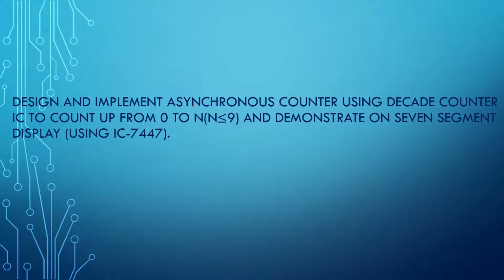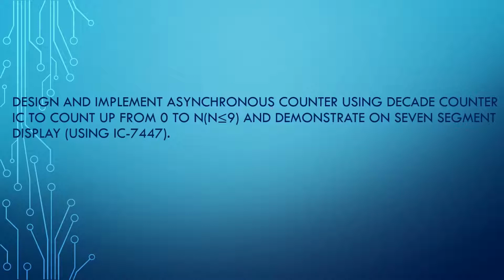When I speak about a counter, you need to understand that almost all counters are made up using flip-flops only. Very basically, I'll be using JK flip-flops. The reason why I'll be choosing the JK flip-flop to build the counter is that in the case when J and K are equal to 1 and 1, the output will not go to an undefined condition. It will always be toggling.